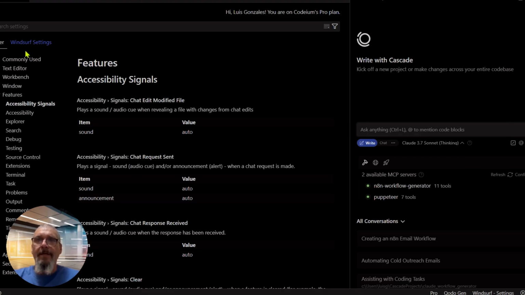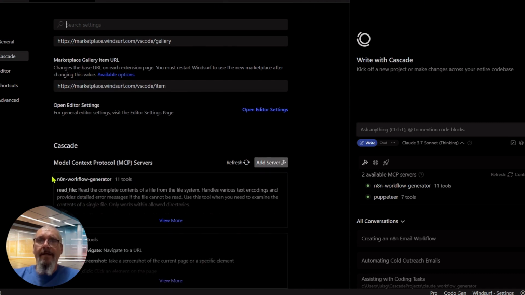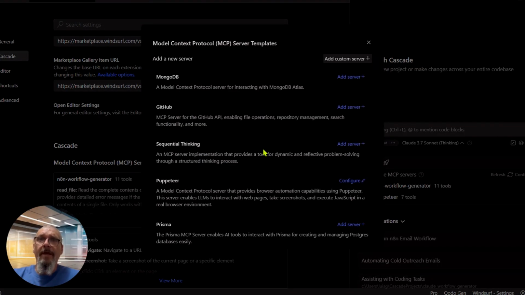Okay, now I'm going to demonstrate how to open the settings panel and access the MCP server section. We're going to add a specific MCP server for GitHub integration, which will enable seamless communication between WindSurf, Claude, and your GitHub repositories. This connection forms the backbone of our automated workflow creation system, so it has to be configured